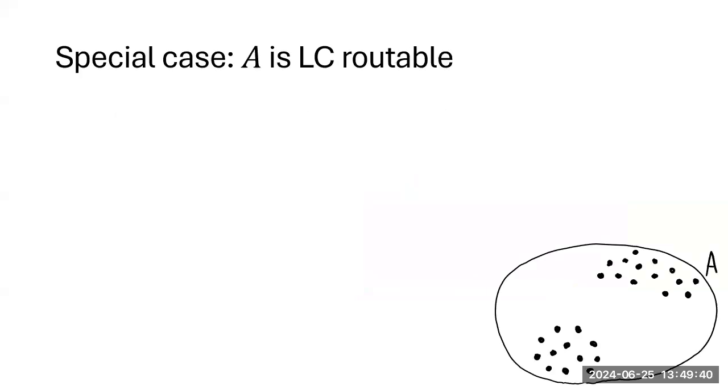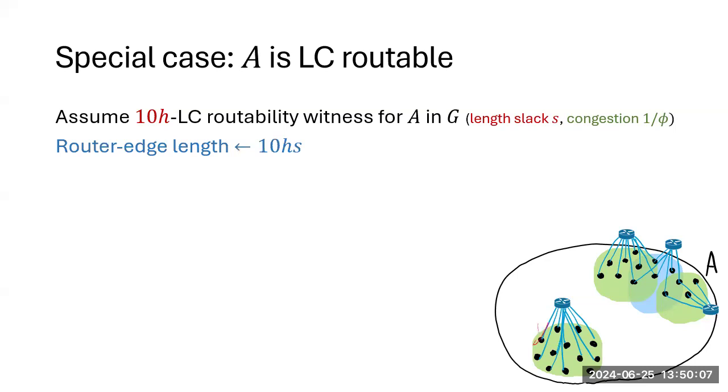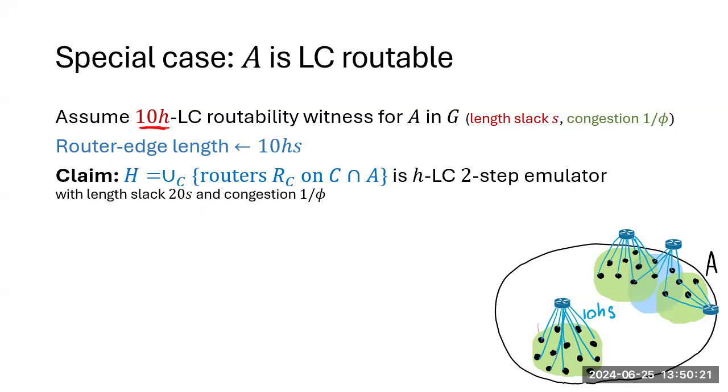Okay. So the first step, suppose A is routable. That means that there exists some routability witness in G, which looks like this, right? Neighborhood and router and good embedding of this router with good length and congestion. Then let's take the edge of each router and set the weight to be 10HS, if this witness is for 10H. Then the claim is that this union of the routers is already a low step flow emulator. The union of these routers, this clique or star here, is a two-step emulator